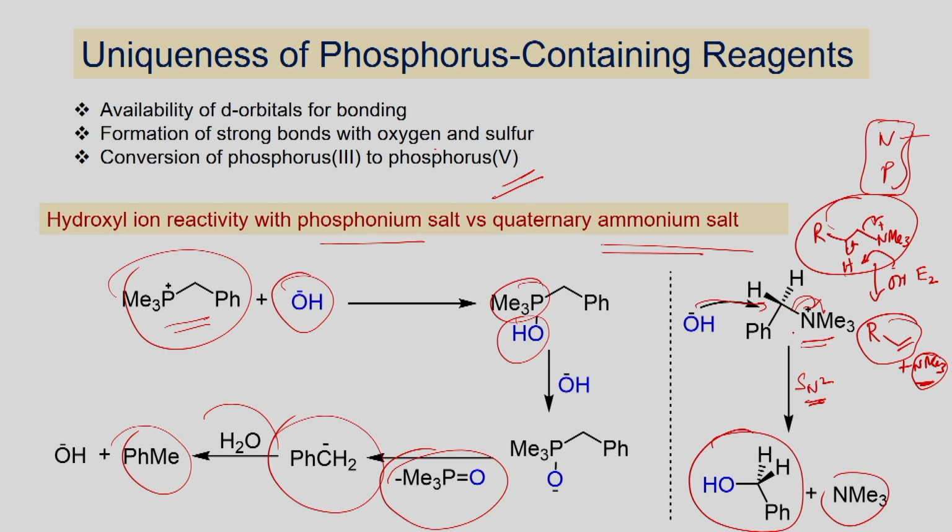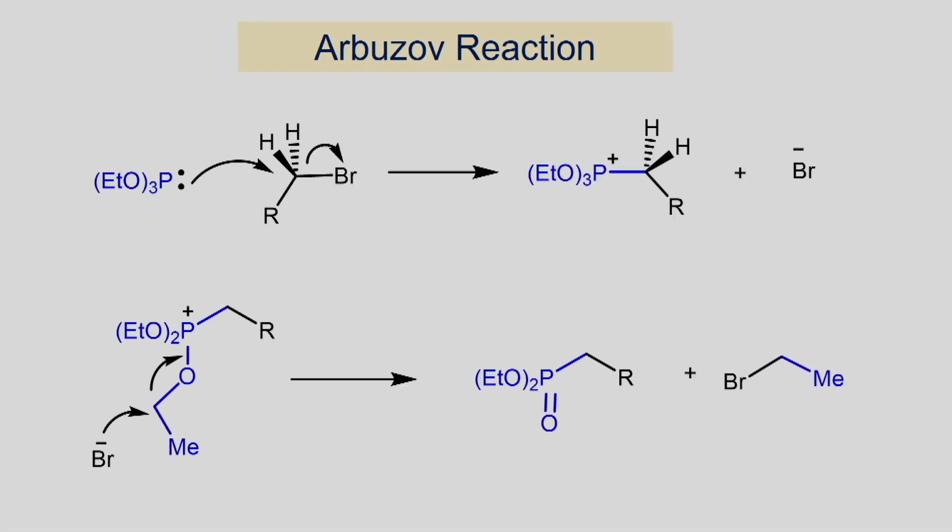On the other hand, if you have the alpha hydrogen atom, and it can undergo substitution reaction, it can act as a nucleophile in this case, and then via SN2 pathway, you will be able to form alcohol as the product. Now let us look at the reaction of alkyl halide with the triethyl phosphate,